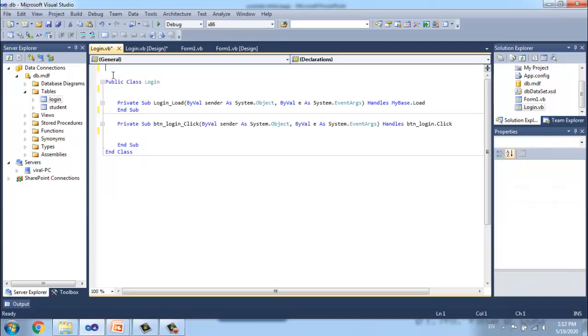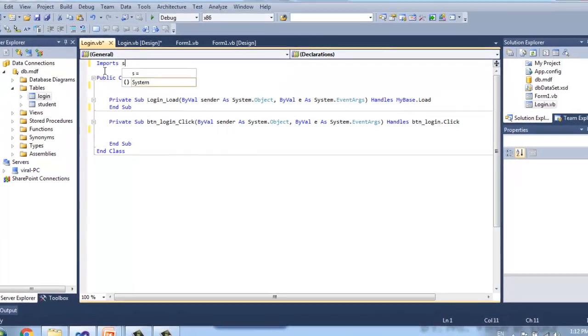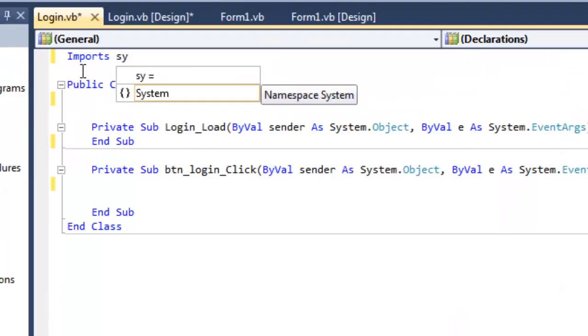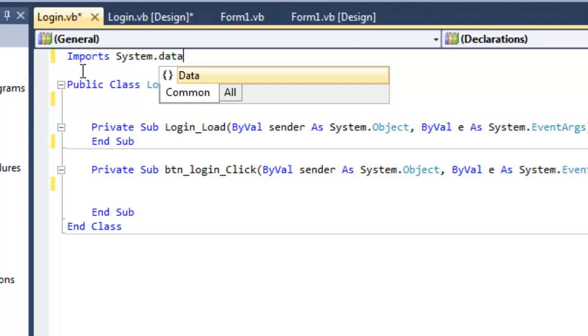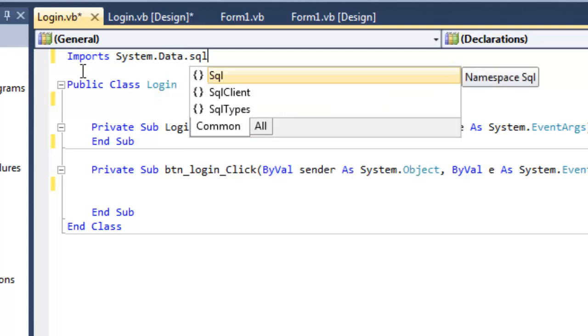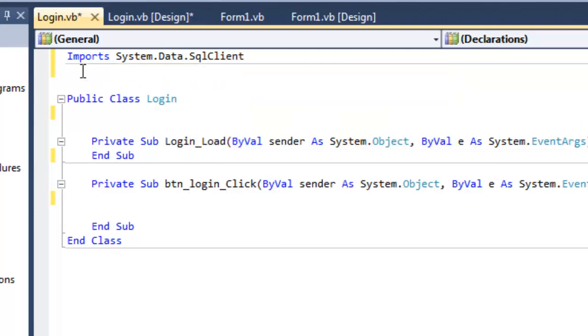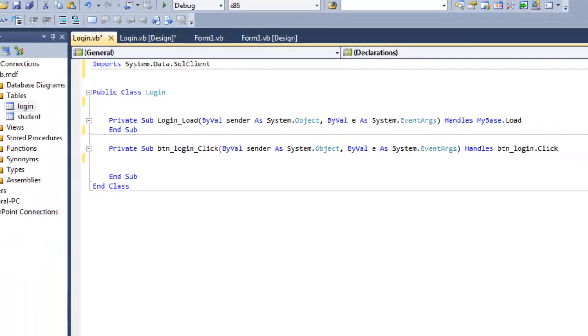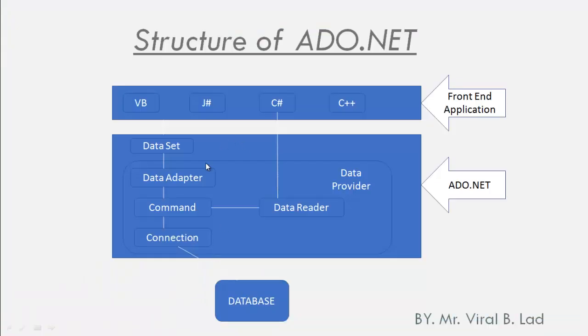Our first step is to import namespace. Imports System.Data.SqlClient. We have seen in previous lectures the classes connection, command, data reader. For these classes we are using the SqlClient namespace.